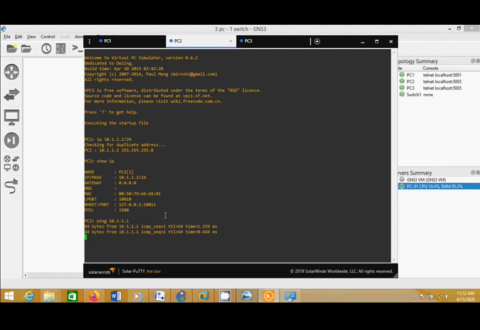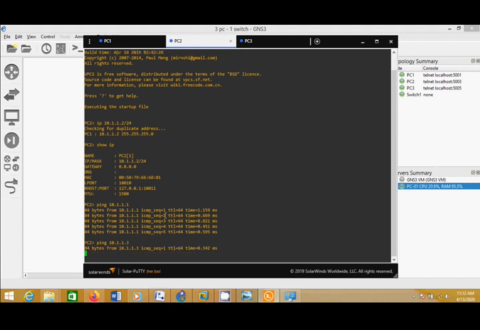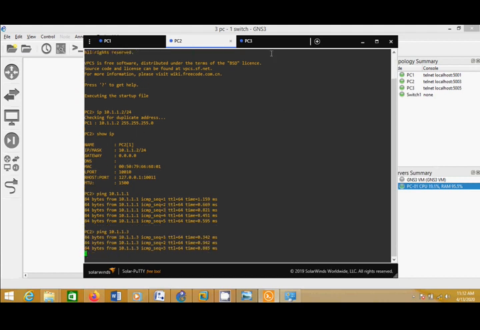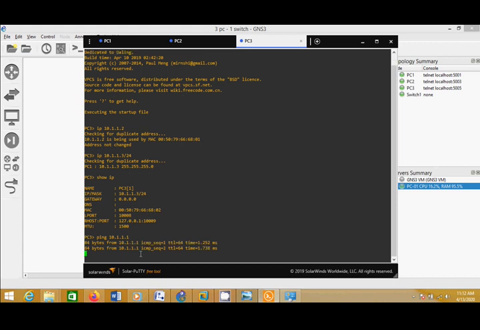Okay, connected. Then ping PC3, 10.1.1.3. See, connected. Then from PC3, let's ping 10.1.1.1. It's connected.